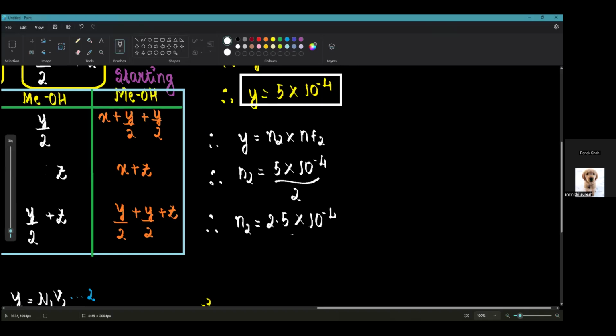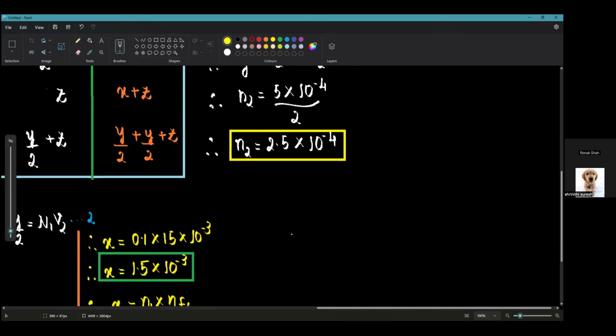2.5 into 10 raised to -4. These are the moles of Na2CO3. Once you get that, you can easily find the mass. So mass